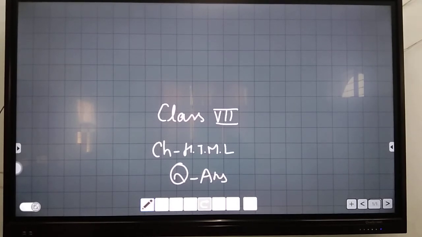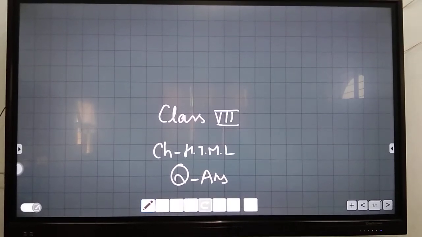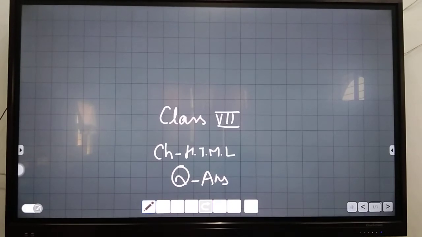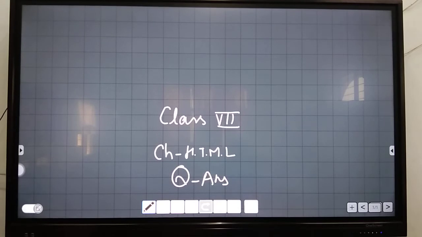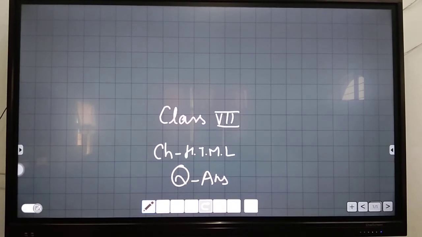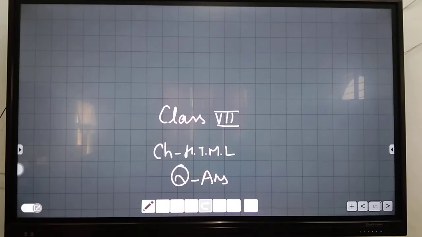Question number 15, write code to produce the following HTML output: A, D, B, E, C, F, A, E, F, B, F. Now you can write the ordered list code. Okay. What is the use of marquee tag? Marquee tag is used to slide your text again and again. Question number 17, can you scroll text only through marquee tag? No, we cannot. 18, write sample HTML code to scroll text vertically in a web page. For this you need to make one proper program, my dear student.